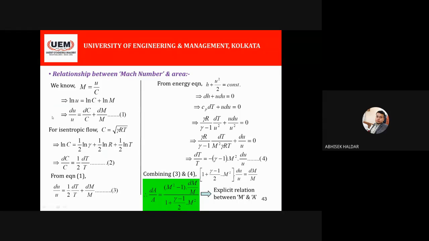A 5 marks question may come: derive a mathematical relation between Mach number and area for a particular isentropic flow. No other variable will be there. So in the last equation, whatever we have taken help from,